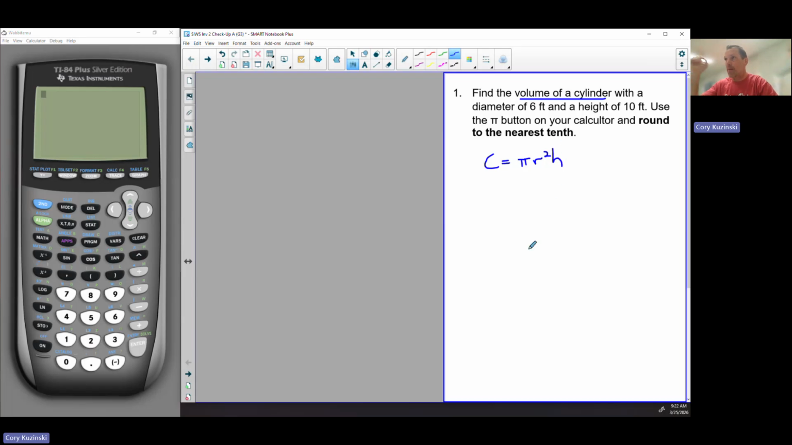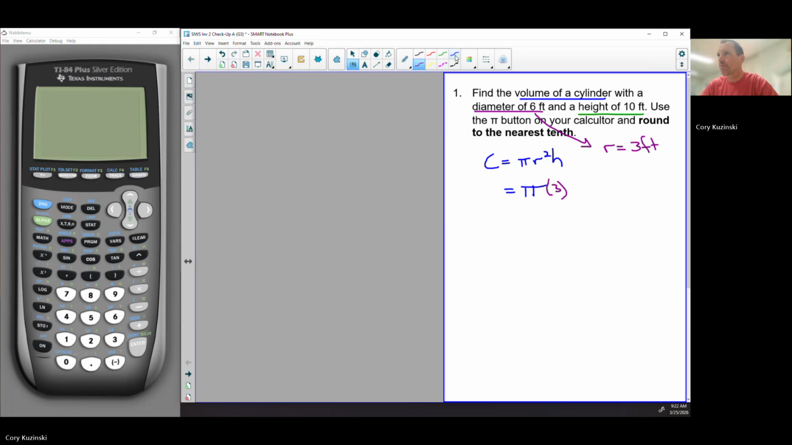If its diameter is 6 feet, well, wait, hold up. Diameter 6 feet. That means the radius is half of that, 3 feet, right? And then a height of 10 feet. Here we go. I think we got everything we need. So we're going to use the pi button. We're going to go pi times 3